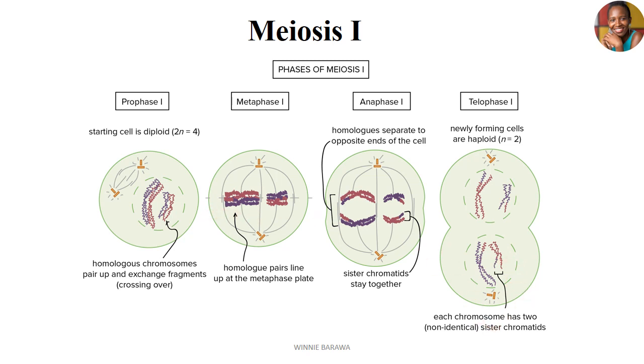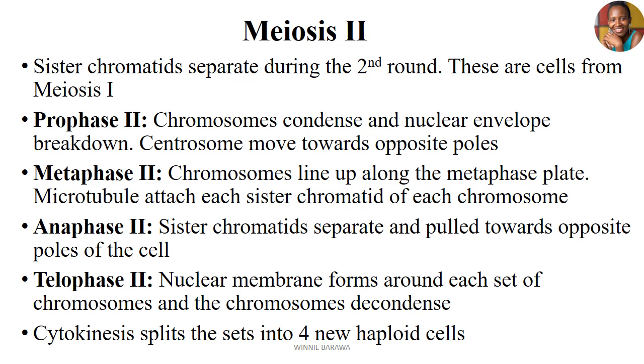So the second phase now is what we call meiosis 2. And it is in meiosis 2 that we shall now complete our meiosis process. In meiosis 2, this is now separation. I want you to note in meiosis 2, we shall go through separation of the sister chromatids during the second round, and they are taking over from the cells that have gone through meiosis 1. So in this stage, we shall have prophase 2, metaphase 2, anaphase 2, and telophase 2. And then cytokinesis will happen again, and we shall split our cells into 4 new